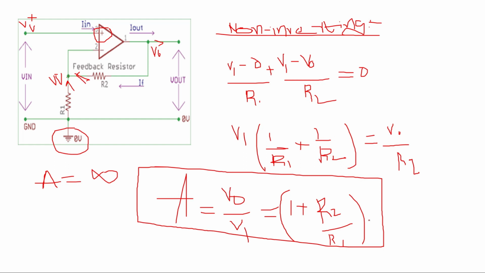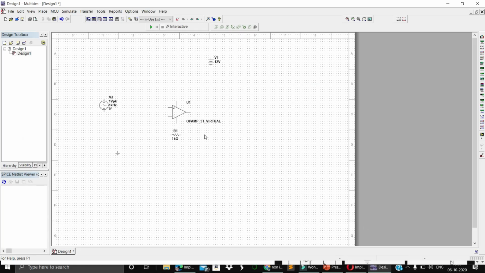Let's say I want to design an operational amplifier of non-inverting configuration with gain 3. Then I'm going to choose the value of R2 as 2 kilo ohm and R1 as 1 kilo ohm. Then 1 plus R2 by R1, with R2 as 2 kilo ohm and R1 as 1 kilo ohm, is 1 plus 2 by 1, which is equal to 3. In such a way, I'm going to design an op amp with non-inverting configuration with gain 3. So now let's see the execution part using Multisim software. Now you can see here I am taking all the components. Now let's join all together to form a circuit.